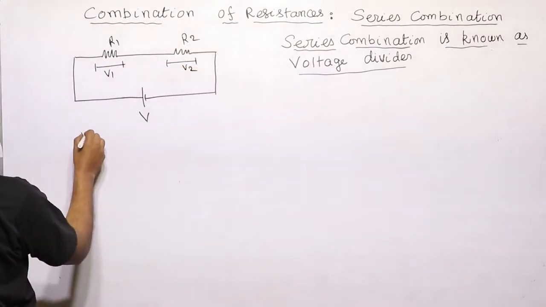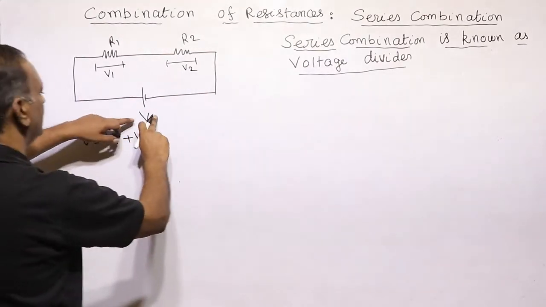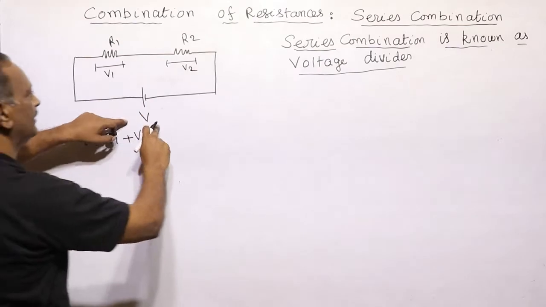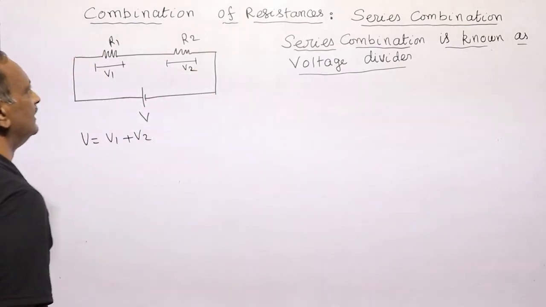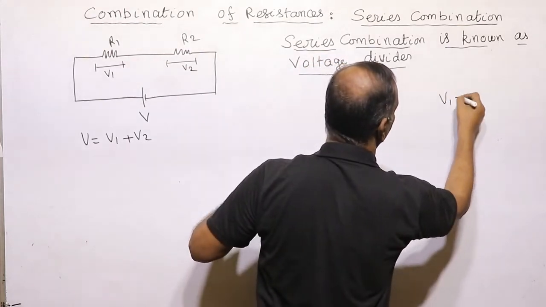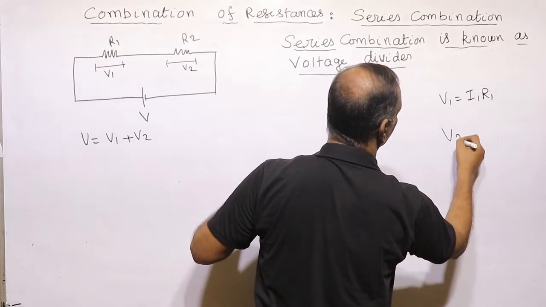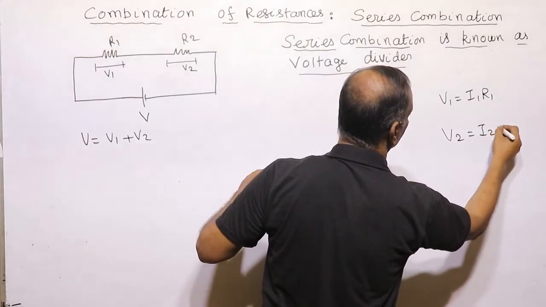Since V is equal to V1 plus V2, a portion of the applied voltage is divided here. So V1 is equal to I1 R1 and V2 is equal to I2